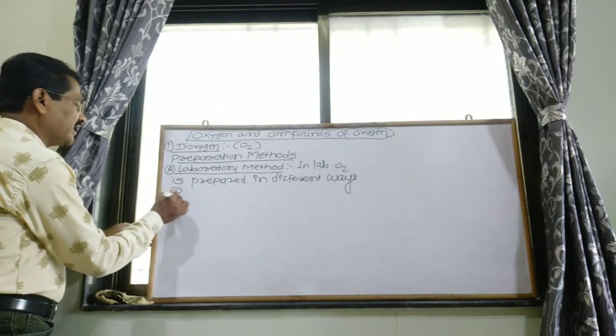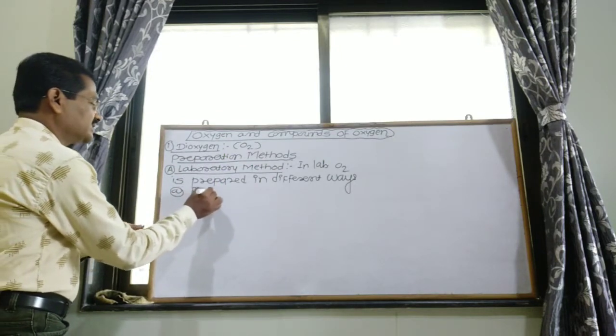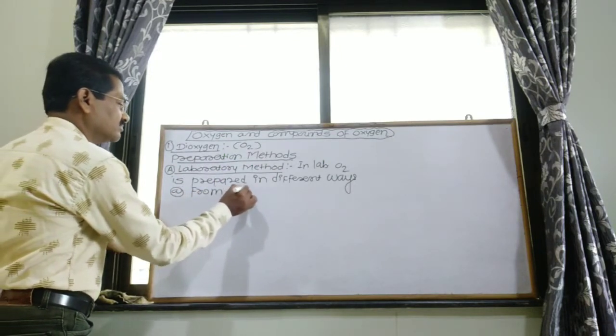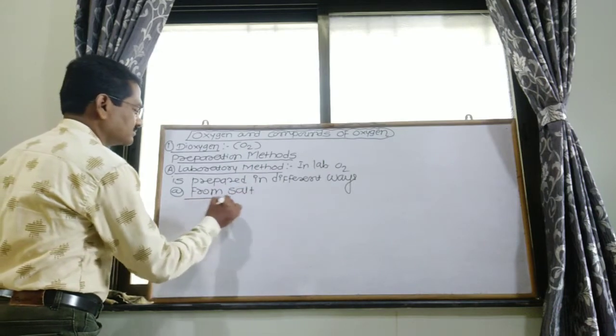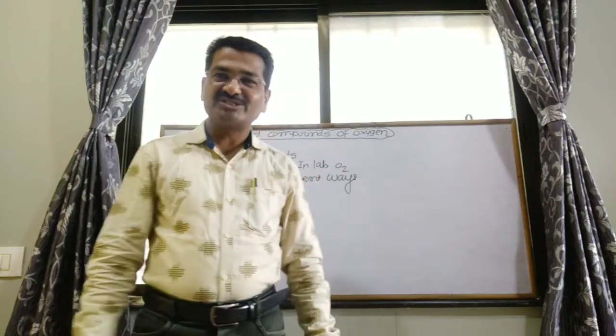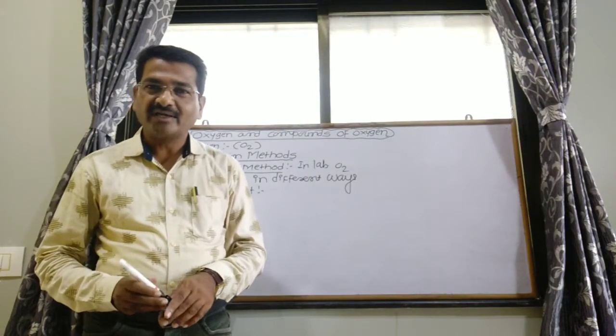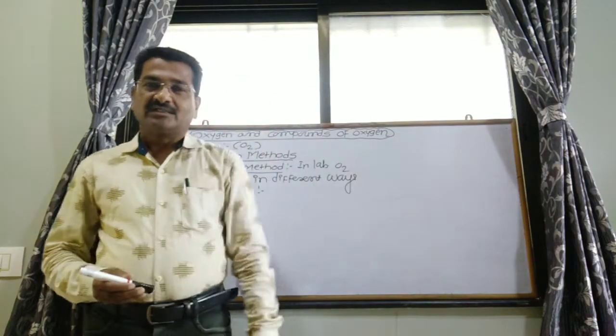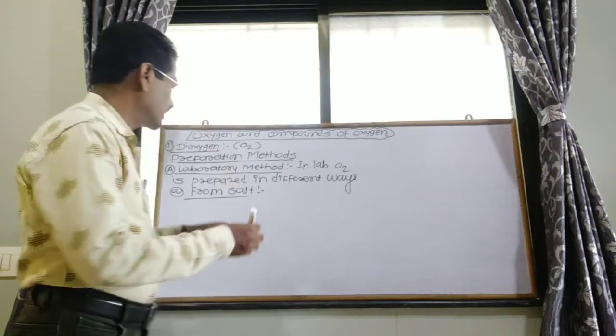First, A, from salts. How to prepare dioxygen, O2, in the laboratory? From salts. The salts like